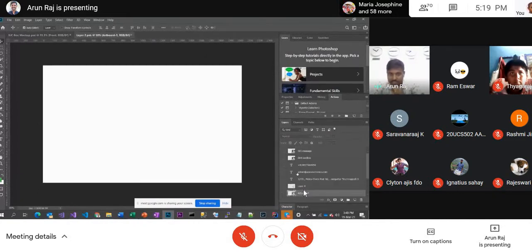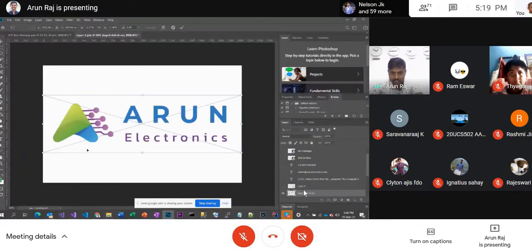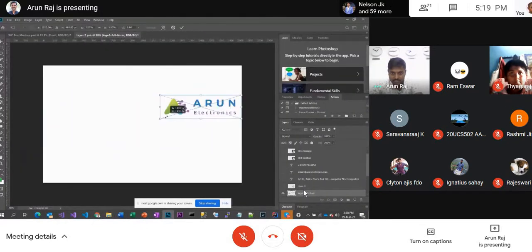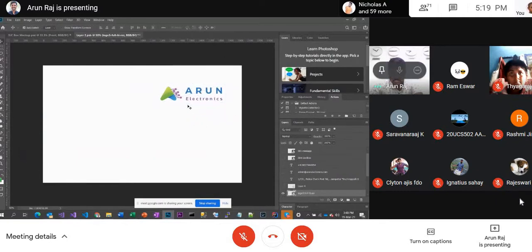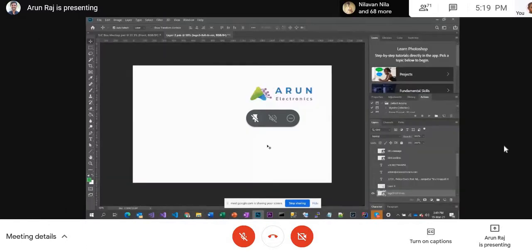This is important. I just clicked this and it becomes an empty area, and I already have my resources ready. I'll take this one first here, maybe some side. These are all predefined images which I know I need, so I just dragged it.